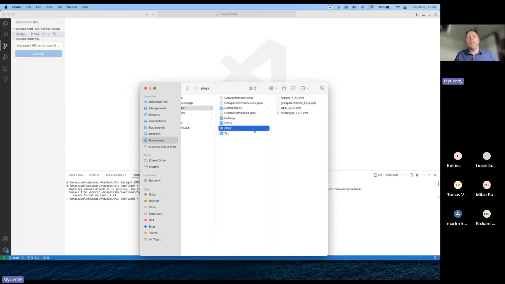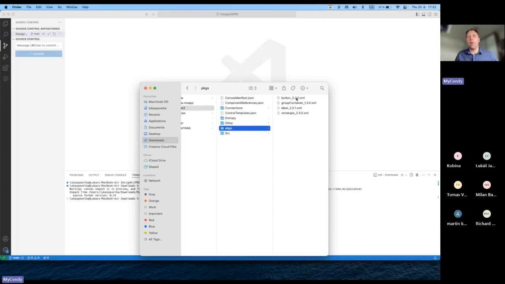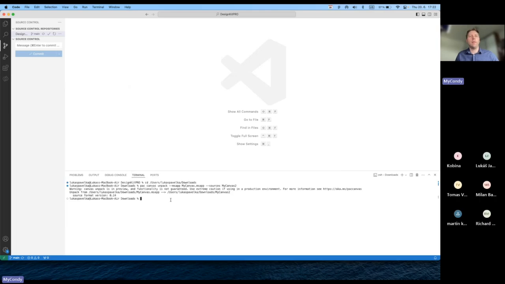So when you open it, as you see, there are packages. Packages are the components used in the Canvas applications, like the button, container, label, rectangle, which means if you create some design in Figma where you will have more components, then you will not be able to pack it back to the MSAPP file, because your design includes many more types of containers or components. Therefore, pack CLI will have an issue with that, because it's not part of your